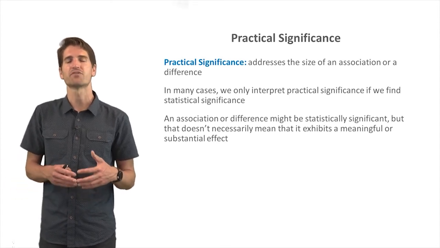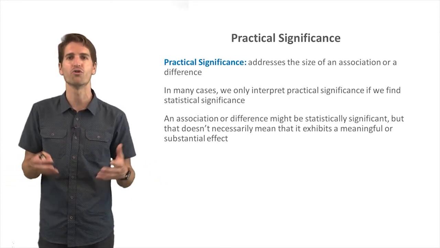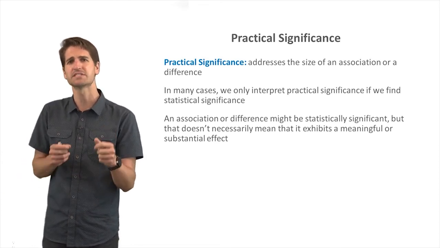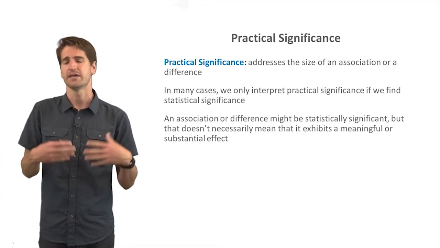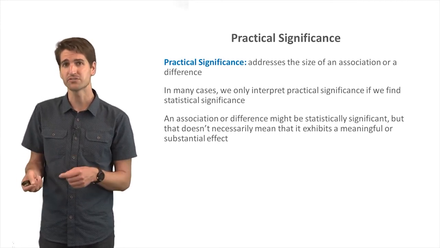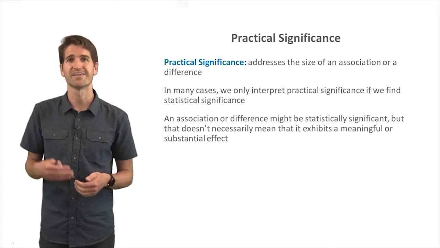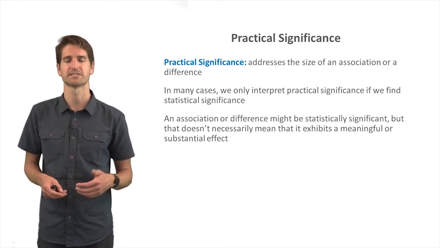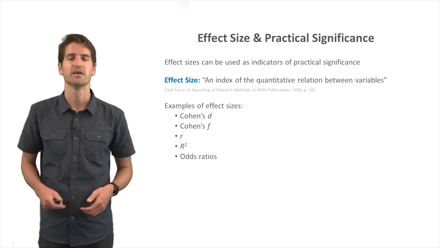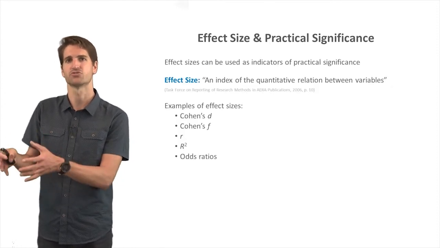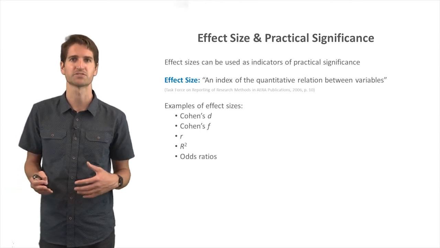You might have what we would call an overpowered study in terms of statistical power, where you're able to detect even the slightest differences and find those to be statistically significant. Now, are those meaningful differences? Well, maybe not, and that's why practical significance is the other thing you need to consider when you do have a statistically significant result. So effect size is inextricably linked to this concept of practical significance,